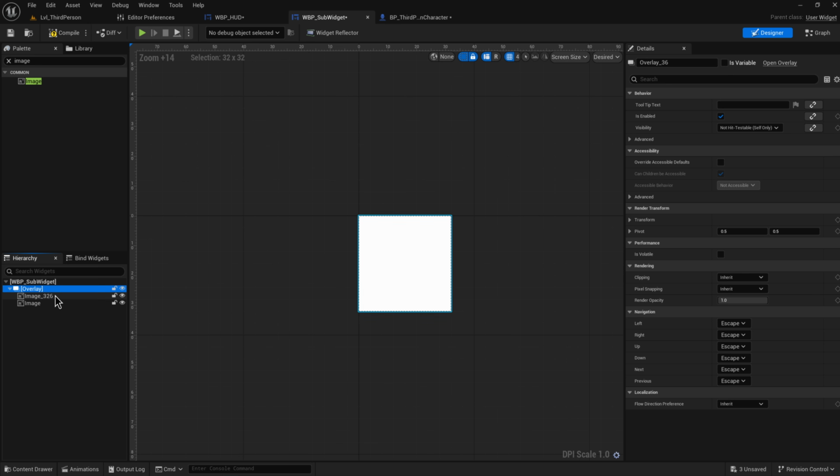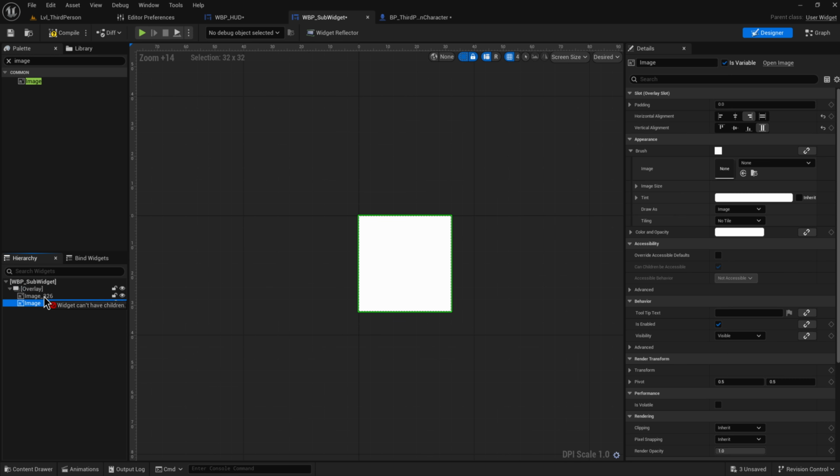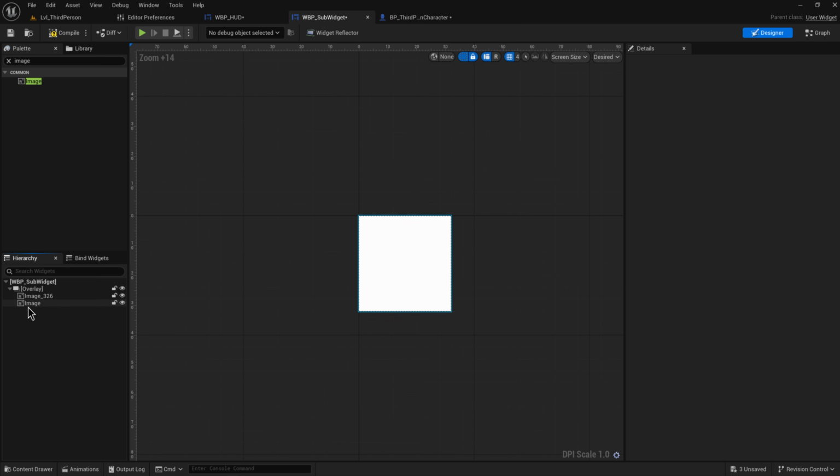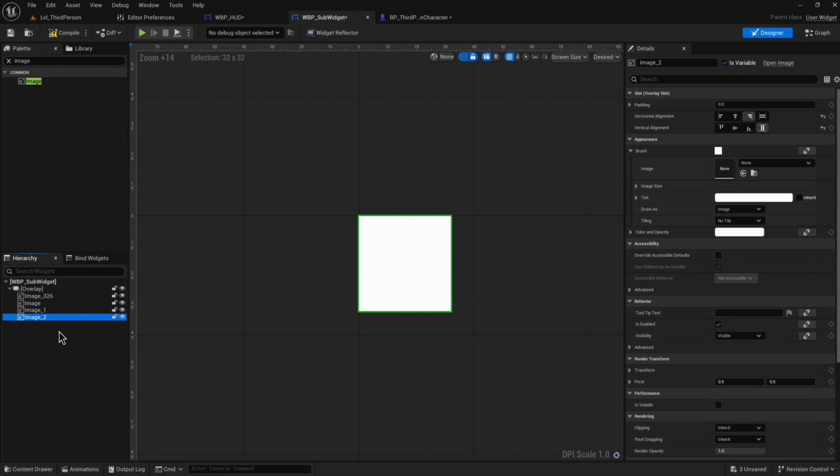But an overlay is a space that allows multiple different sub-widgets. Not every type of widget allows any sub-widgets or even multiple sub-widgets. If I try to make this image a child of this image, it can't do that because images don't support having child widgets. We'll get around to setting up stuff about that in a later video, but for now I'll just make 4 images. I'm going to align these to the corresponding 4